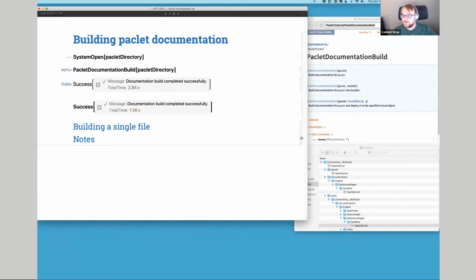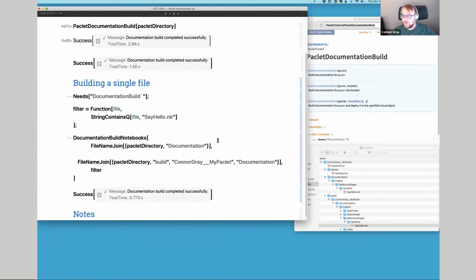So one thing I want to mention is a bit of a side note, but oftentimes if you have a large package which has a lot of symbols and a lot of documentation pages, if you're editing a particular page, you may want to be able to just rebuild that individual page. The functionality for that exists. It doesn't happen to be exposed through Paclet Documentation Build, but if you do want to build just a single file, ignoring the rest of them, you can dip into the lower level documentation build package,